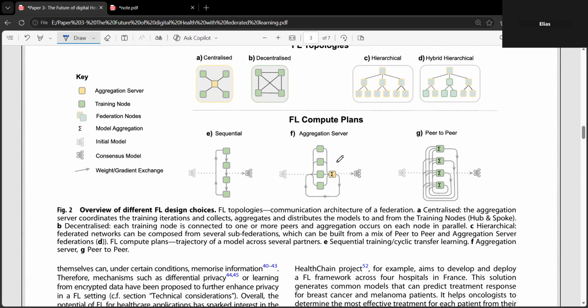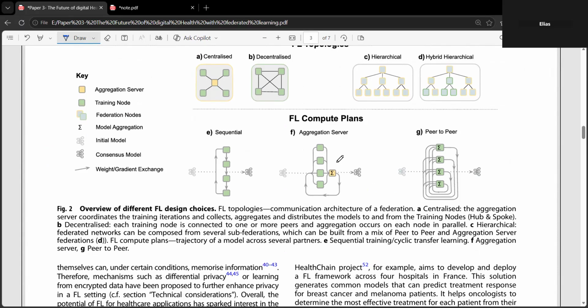So we'll meet you in the next paper to talk a bit more about the technical issues. We're going to move smoothly towards the privacy and security issues. That's my ultimate goal. But I'm gradually talking first about the foundation of federated learning, and then we'll talk more about the security aspects.